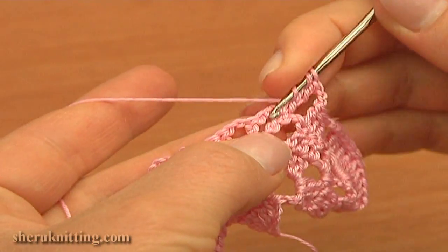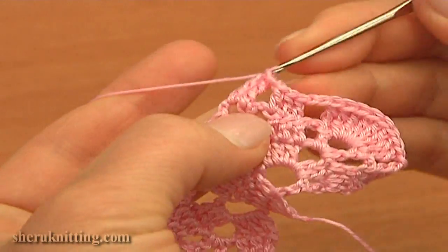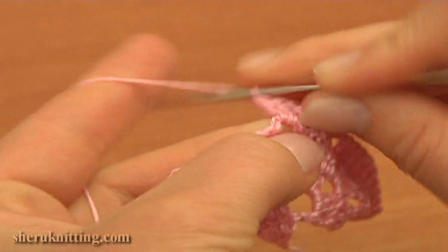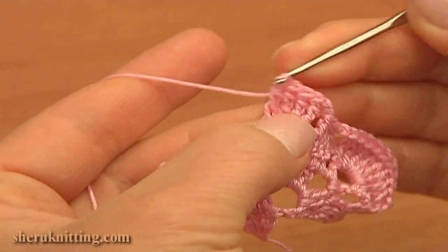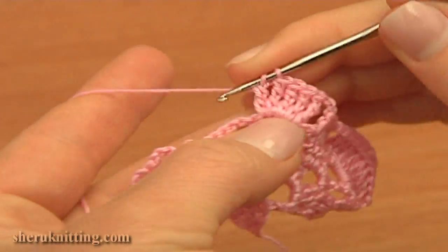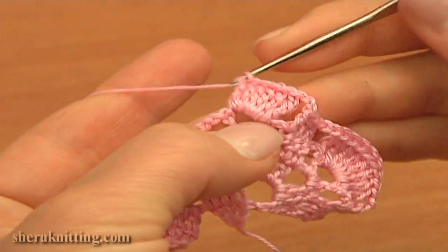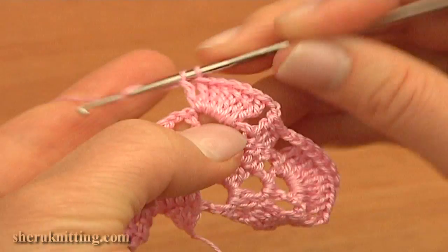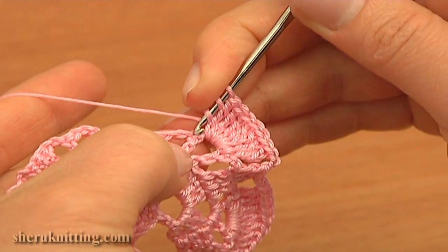treble crochet 6 into the next chain space, 1, 2, 3, 4, 5, and the last time, 6. Then treble crochet through the next double,